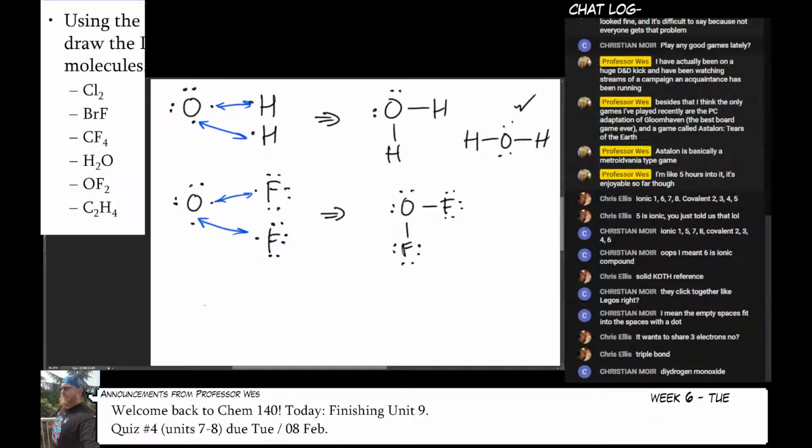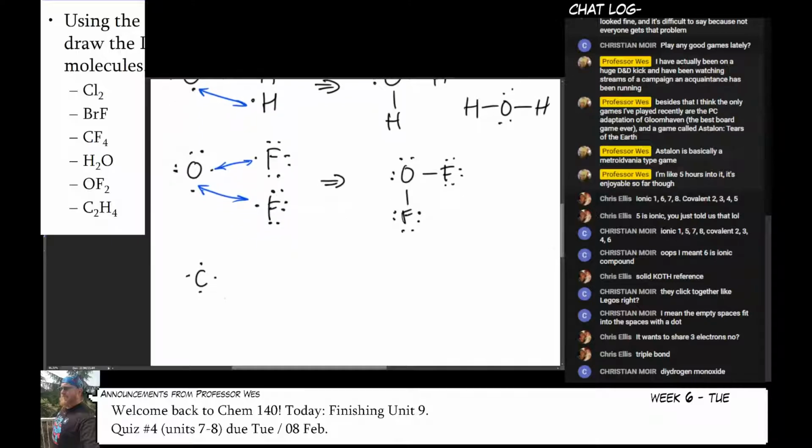And then finally, C2H4. This is where our blueprint kind of starts to fall apart here. So this connect the dots method is real good for simple molecules, but when you get to more complex stuff, it doesn't work super well. So for instance, if I did this, and I've already screwed that up. Hold on. If I did something like this, and that, and that,